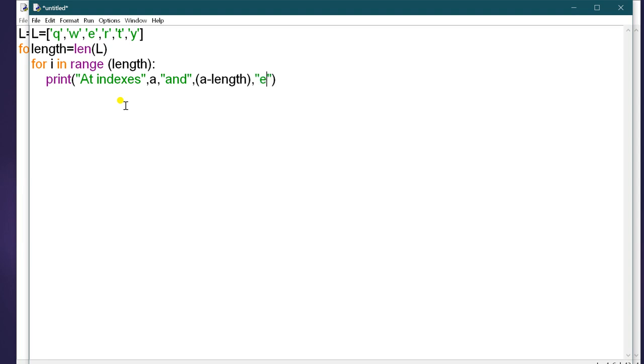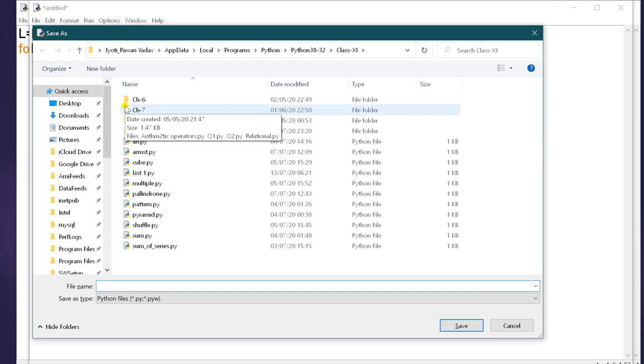So the element is, now print the list. Okay, so just check whether the code is correct or not.